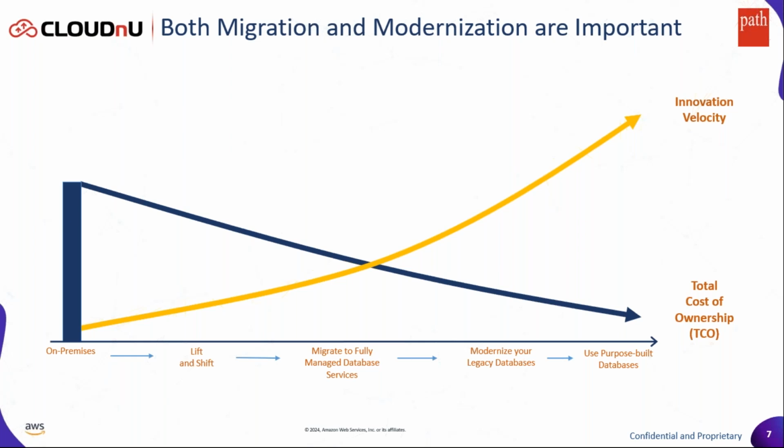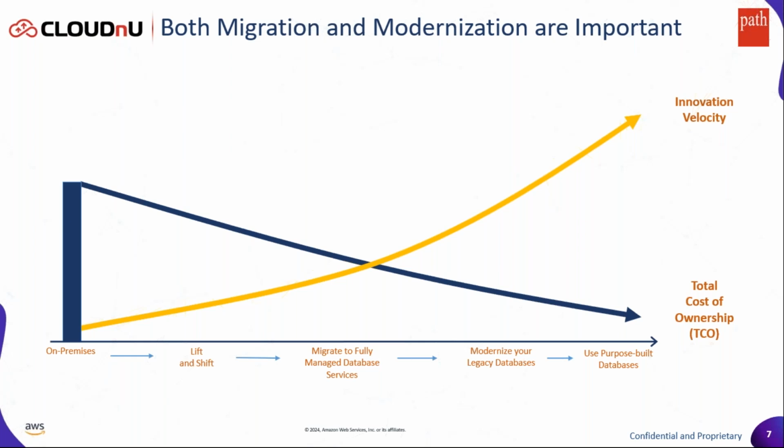So it's a journey. And as you move towards the right, as you can see on the screen, when you start adopting managed services, when you start modernization, that's where your TCO really starts to come down and you start to get the benefits of the cloud. And not just from the cost standpoint, but also the innovation that you can bring to your lines of business starts to really accelerate. So from a customer point, both savings and innovation with cloud native databases, and we will talk about some of those cloud native options today, really help you modernize and move your architecture from monolithic to other types of architecture. And that's where you start realizing the full benefits of the cloud.